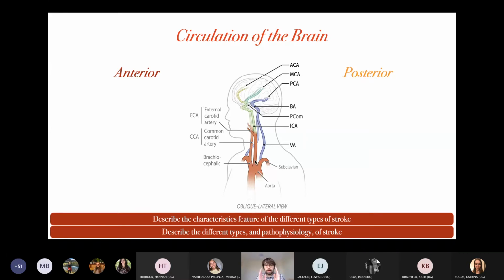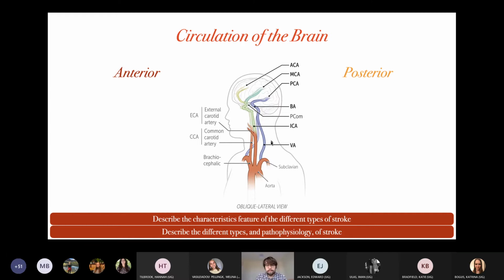Okay, so the anterior circulation of the brain, the portion that perfuses most of the brain, comes from this common carotid, which bifurcates into the external carotid, which supplies everything outside of the skull in the head and the neck, and the internal carotid, which is this green thing here, which goes through the base of the skull, does a weird wiggle thing that is very characteristic. It goes forward and then wiggles backwards, and then splits into the ACA, the anterior cerebral, or the MCA, the middle cerebral. And so anterior circulation of the brain is ACA and MCA,